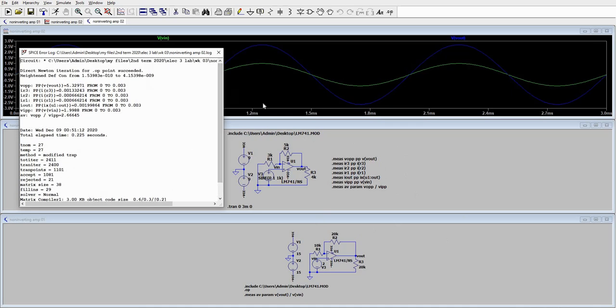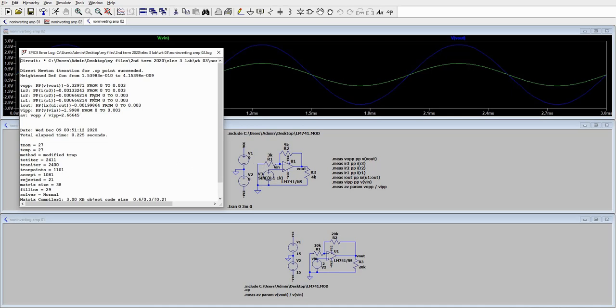Basically, the analysis for inverting and non-inverting circuits are almost the same, except of course the configuration. The input for non-inverting is directly connected to your non-inverting terminal, while for inverting, your input is connected to your inverting terminal.